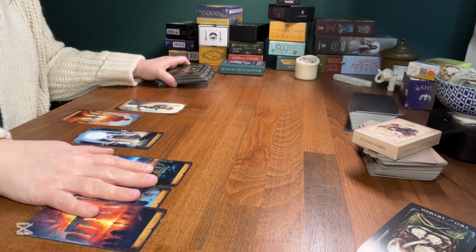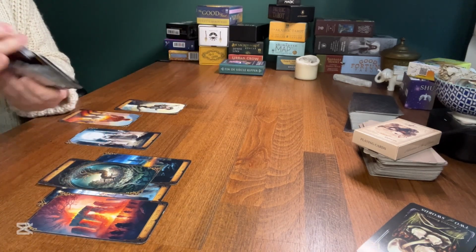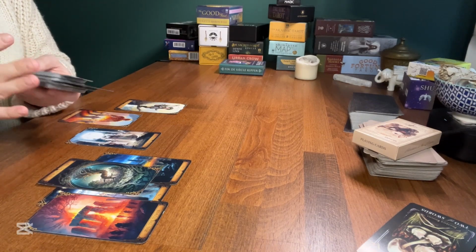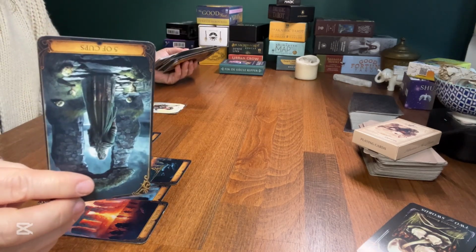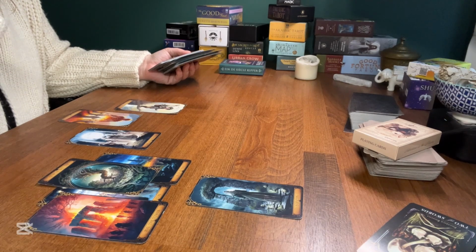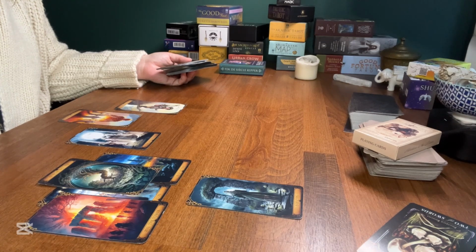Okay. All right. I feel like we need to, what else do we need to know about this? Five of Cups reversed. Yeah. Five of Cups reversed is,